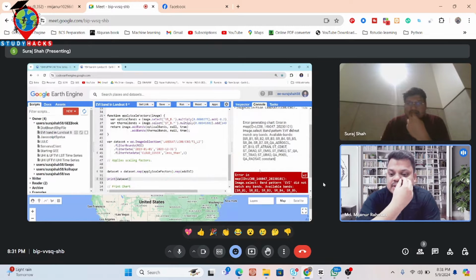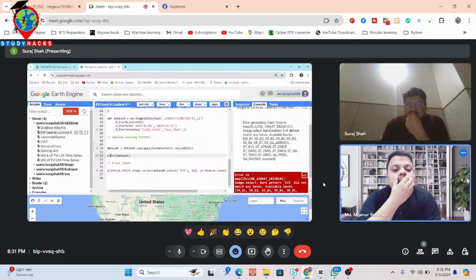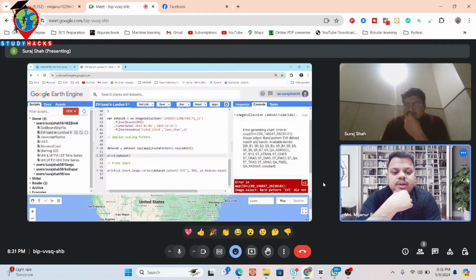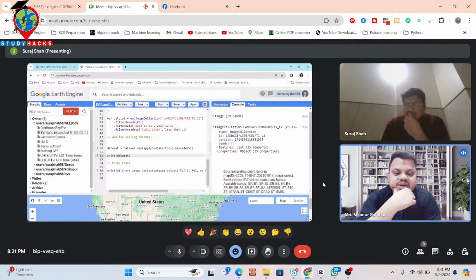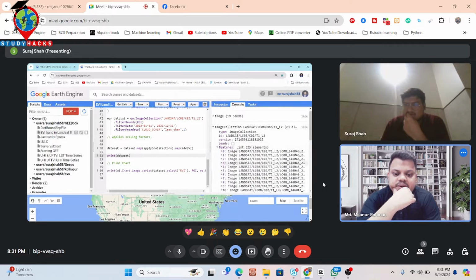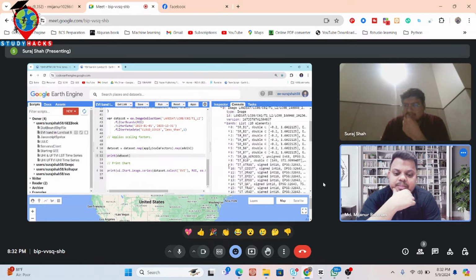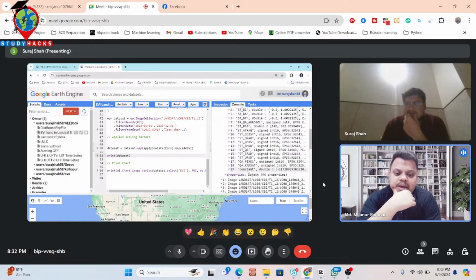You can simply check the print result. Suppose after print, what can we get? Simply click on the print. You can see the console tab. From the console, just open the image collection. Click on the feature, click any one image, and further click on the band. And now check the band name. Constant. Okay, this is the problem. In this time it shows constant. Your band name shows as a constant, but this name should show as